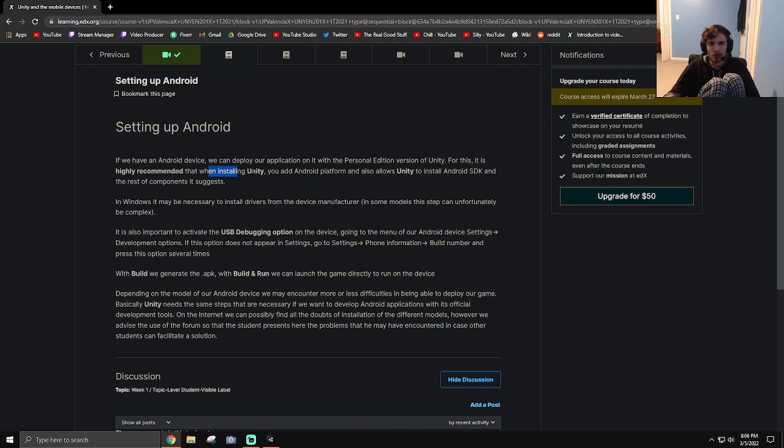It's highly recommended that when installing Unity, you add an Android platform. And also,